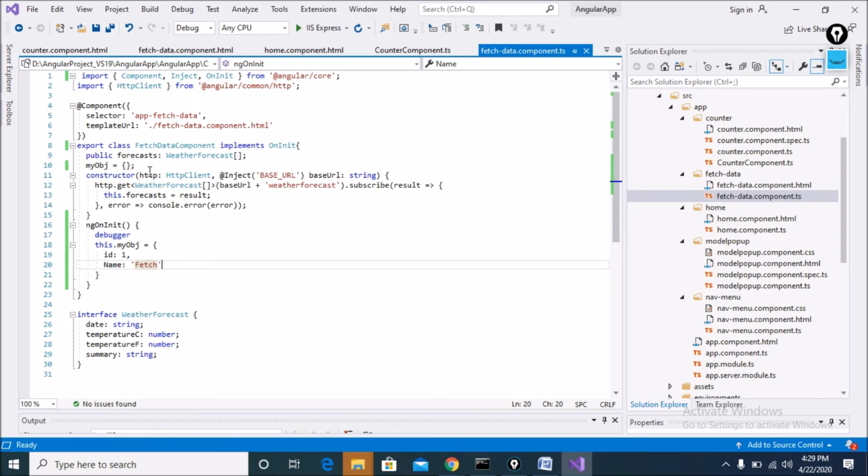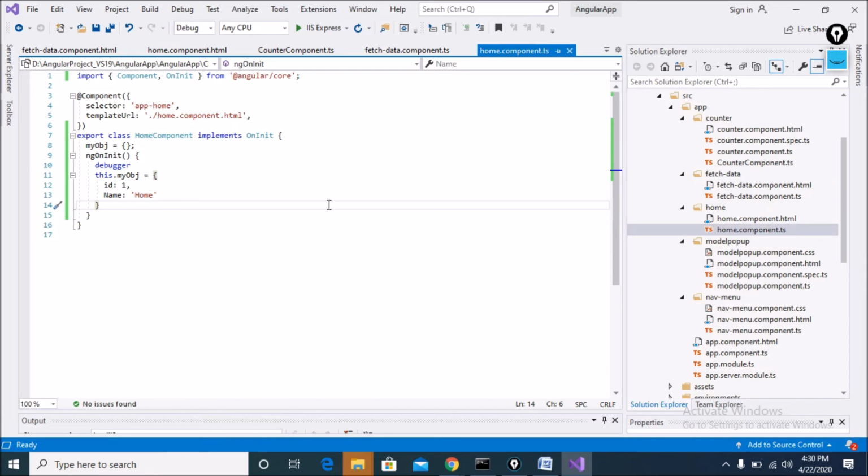Here declare the object, and you can see here myObject, I declare the object on my fetch data component, and similarly declare the object value here and in ngOnInit. Similar on the home component, in this home component as well declare the variable object, and in ngOnInit set the value of the object, like that.